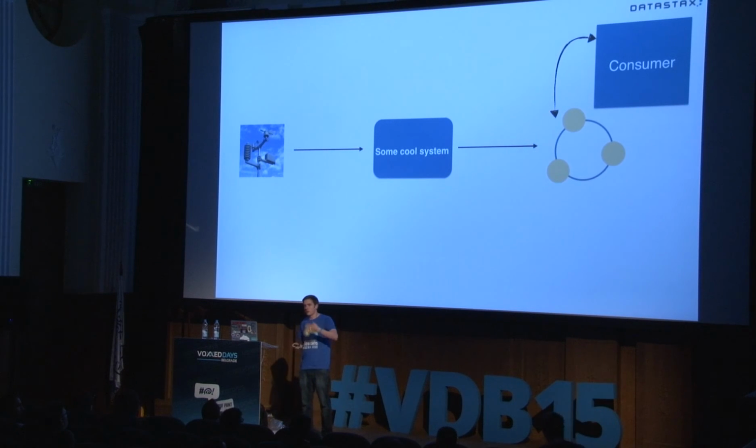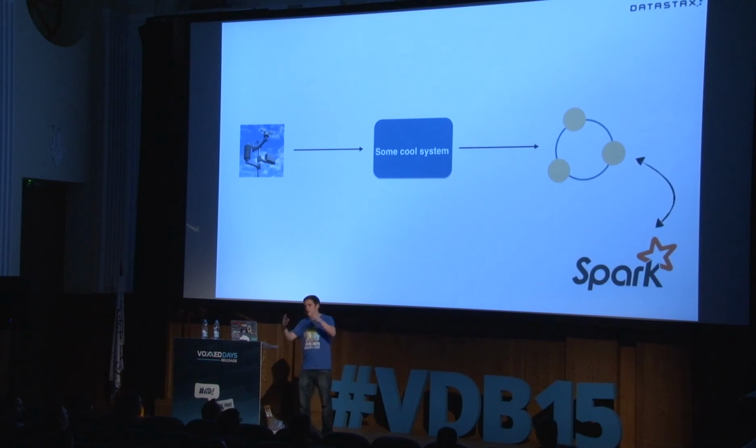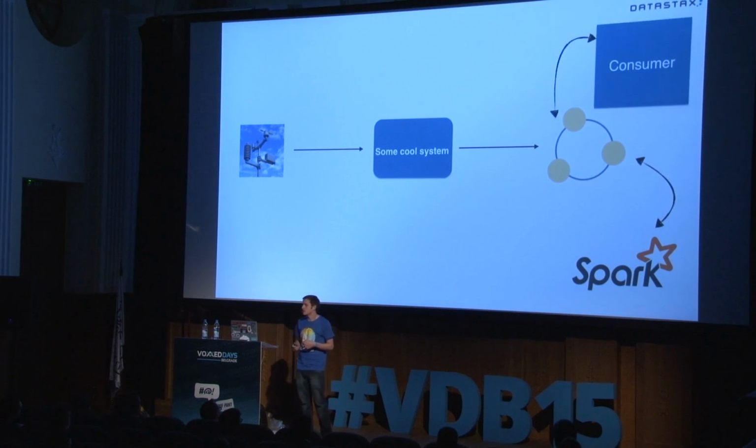So what I've worked on a lot recently is where we've got this vast quantity of data, we've saved it different ways so that we can read it a number of ways, but then we're going to run some type of batch processing on it. Now, traditionally in my history, that has involved taking all of the data, sticking it into HDFS, running MapReduce on it, then putting it back into my operational database so the consumer can then come along and read it.